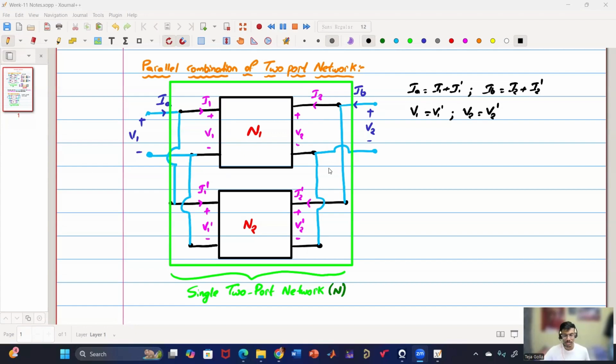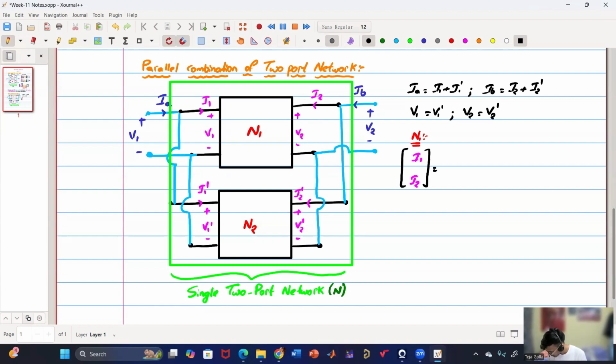Y parameters. Samrita is also saying Y parameters. So yes, the correct answer is Y parameters. Let us find out why. For Y parameters, we have I1 and I2 on the LHS side, say for network N1, and